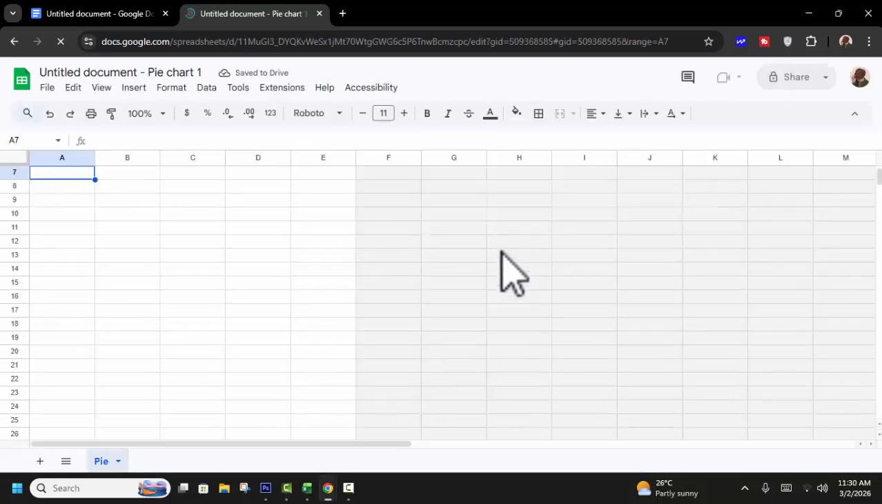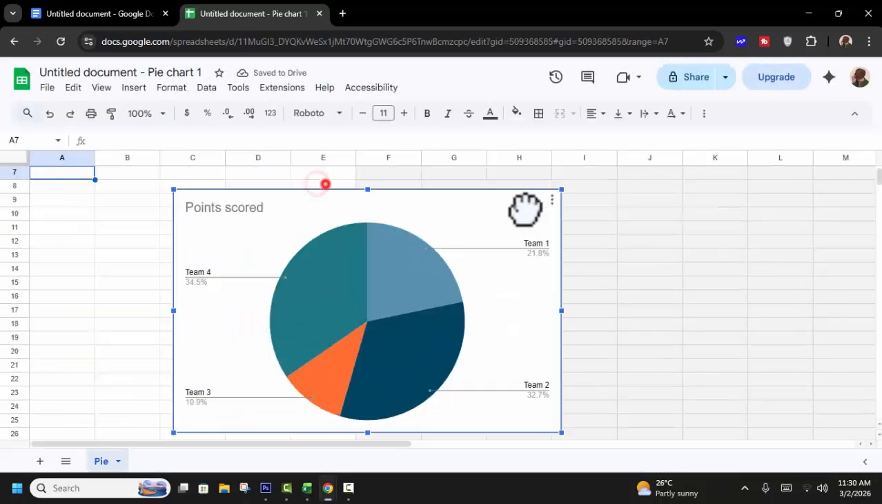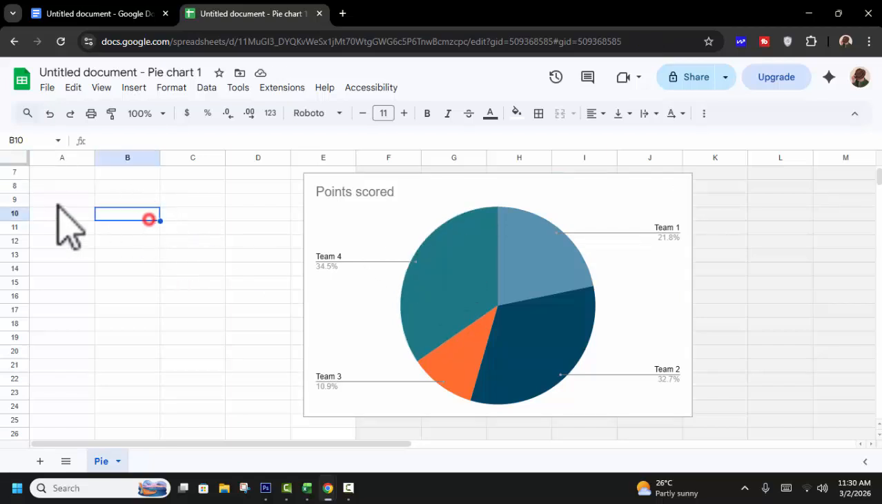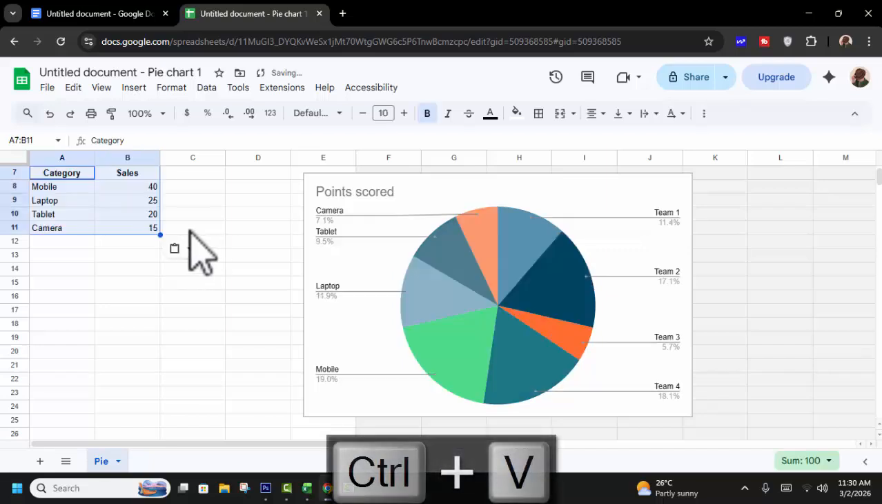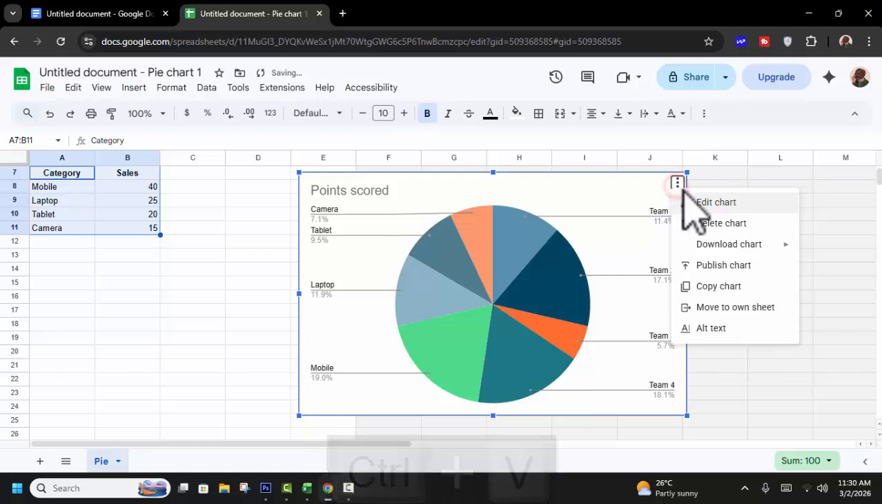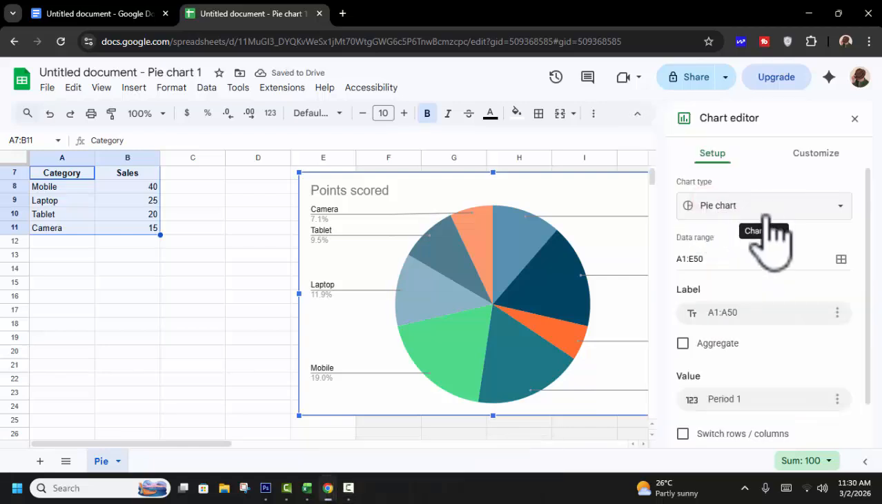Open Source, type your data, then edit, edit chart,